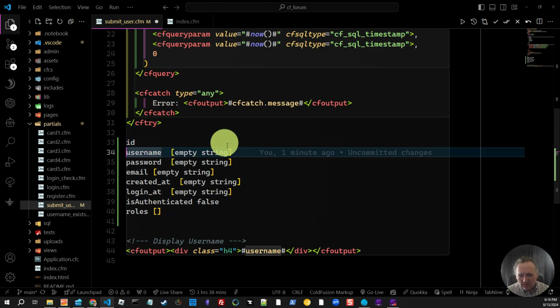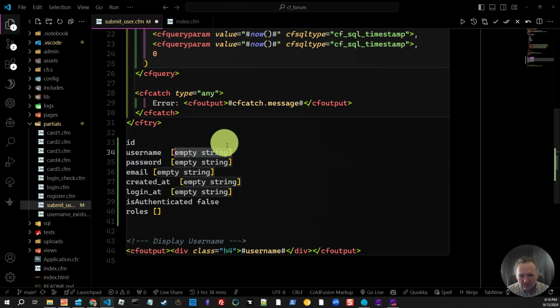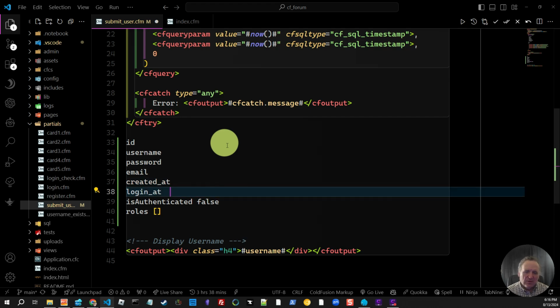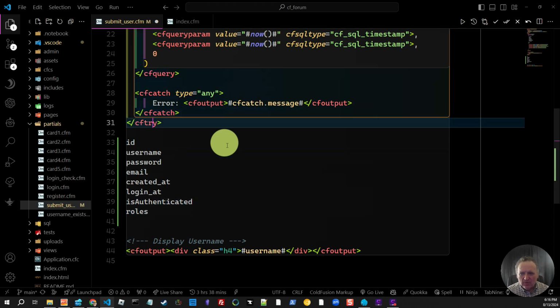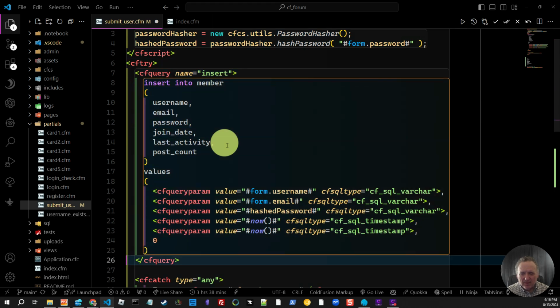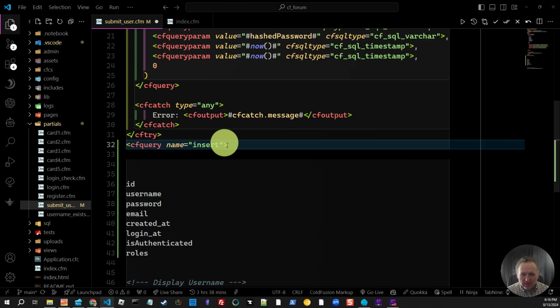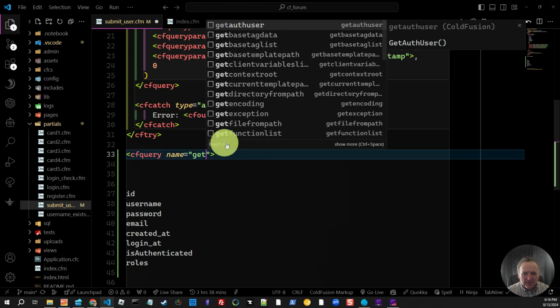So let's first start with here, let's do this. Let's say we want to get the user name, get the user by username. Now, I could insert most of these automatically, but what we're going to do is actually, after it's inserted, we're going to do a query to get this database information that we're going to be using, so that way we make sure we're getting the correct information. So I'm going to say get user,